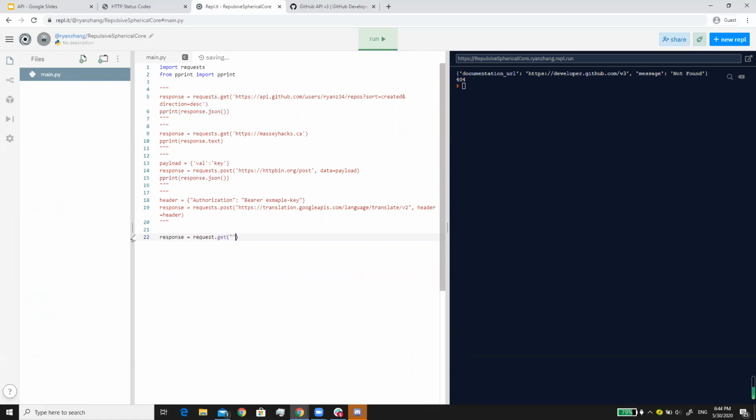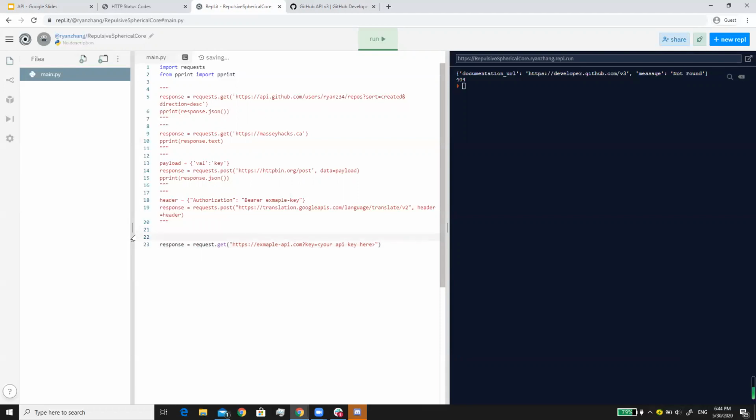And what do we want to get? Let's just put an example website, https://example.com/ and then in here, we want to put question mark key equals, and then put your API key here,